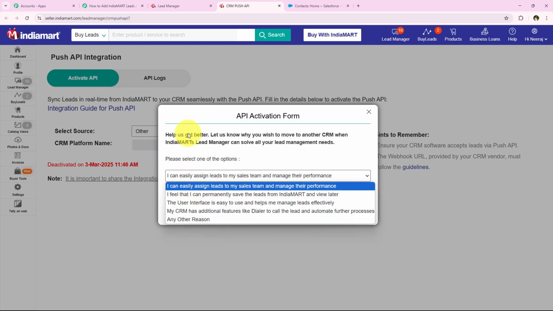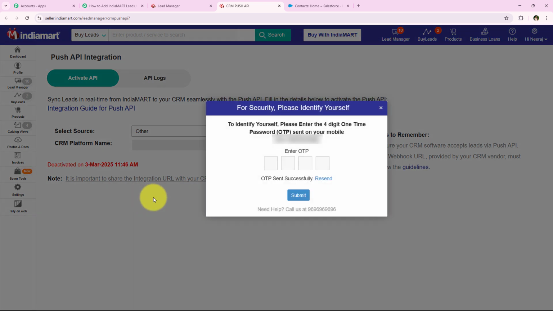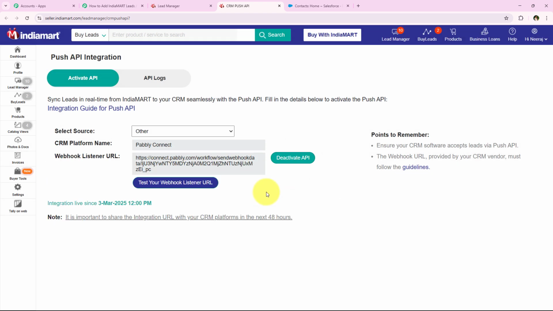And now it is asking me for the reason why I wish to shift my IndiaMART leads to another application. So I'm just going to select my reason from here, and we are simply going to click on this click to generate OTP button. And now it is saying that it has successfully sent me an OTP. So I'm just going to enter my OTP right over here. So yes, you can see that I've successfully entered the OTP, and now I'm just simply going to click on this submit. And yes, you can see that we have successfully added our webhook listener URL right over here in